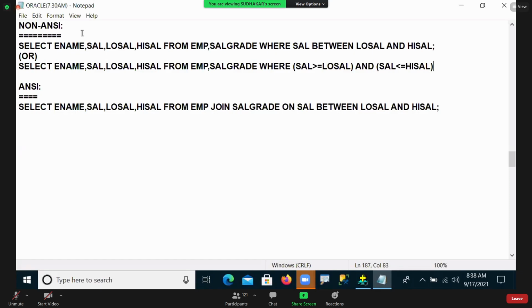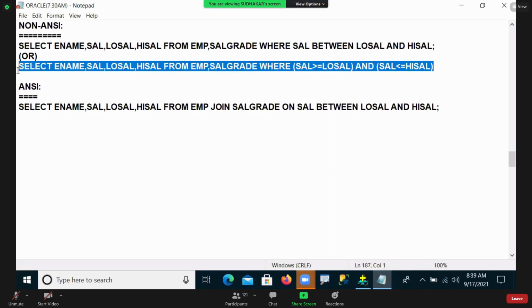So in place of the between operator, which I'm using here, can I write the conditions greater than or equal to low salary, less than or equal to high salary, with the AND operator? Can I use this? Yes or no? We can use it. It is also the same as the between operator.